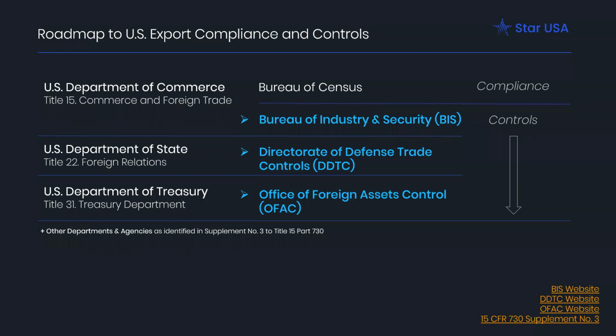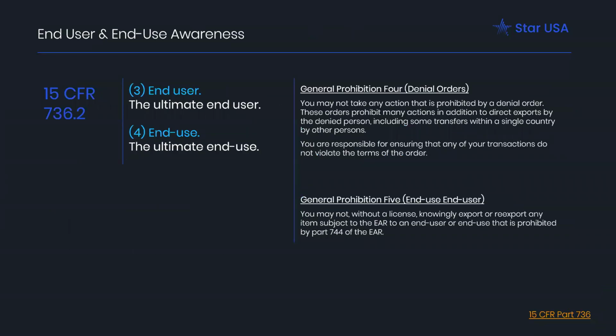And lastly, we'll be talking about the Office of Foreign Assets Control, OFAC. This is part of the Department of Treasury, and most of their regulations are codified under Title 31 of the CFR. I'd love to go into a lot of depth about all these things, but really we're just going to hit the primary directives that are in place to help us understand what we're faced with and why we're faced with them. So first up are some of the denial orders that are published in 15 CFR